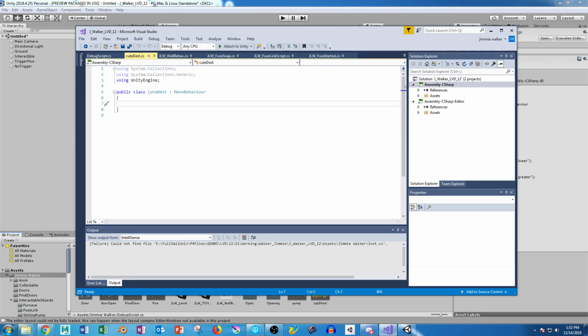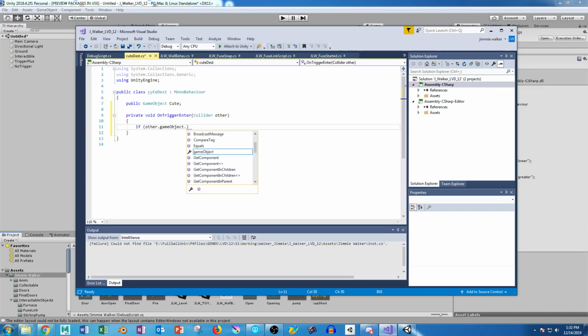So we have this cute dest. I was trying to type in cube and accidentally typed in cute, so we're going to keep it as cute. We're going to make a public variable, and this is going to be a game object, and I'm just going to continue calling it cute, why not? And what we're going to do is check for a trigger. So we're going to say on trigger enter, and if other dot game object dot tag equals cute, then